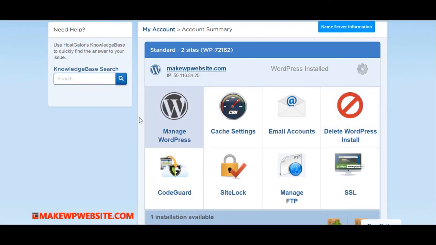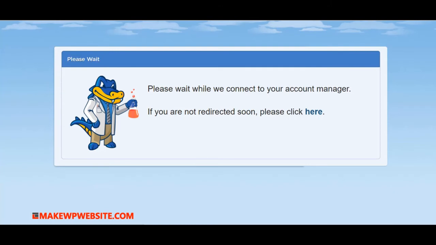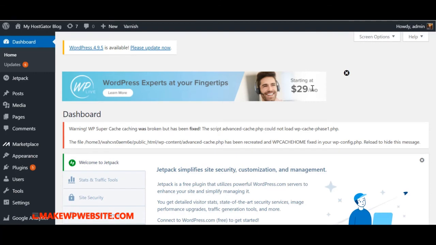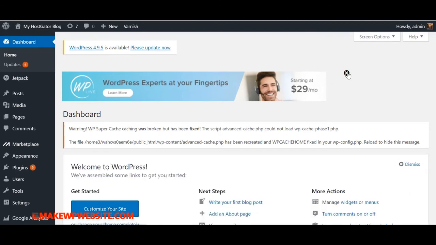This way of logging into WordPress is you're logging in from the HostGator portal dashboard. Let's try if this works. You see this is an SSO. SSO is single sign-on. So it's redirecting your page to WordPress. Okay, it's trying to connect to your WordPress site. Oh, there it is. There it is. You see, we are in our